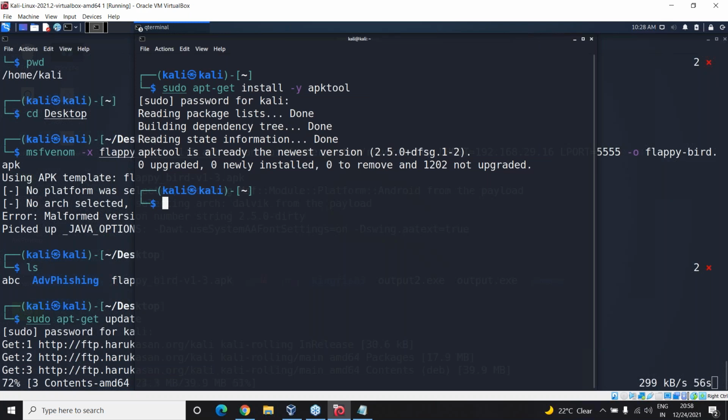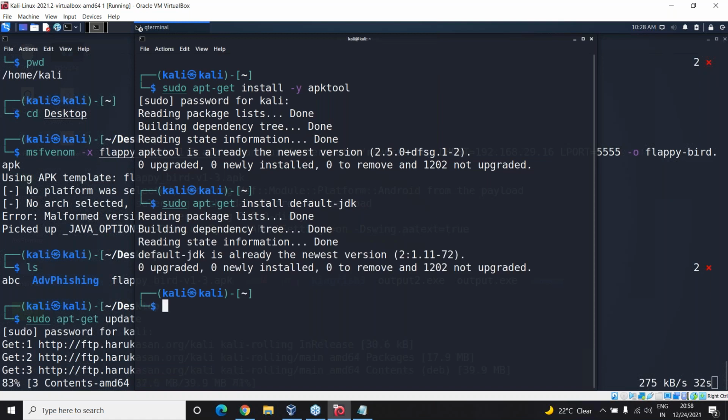The command for JDK is sudo apt-get install default-jdk. Let's see if this thing works. Default Java development kit. Okay, it says the Java development kit is also the newest version. And then if there is still this error,